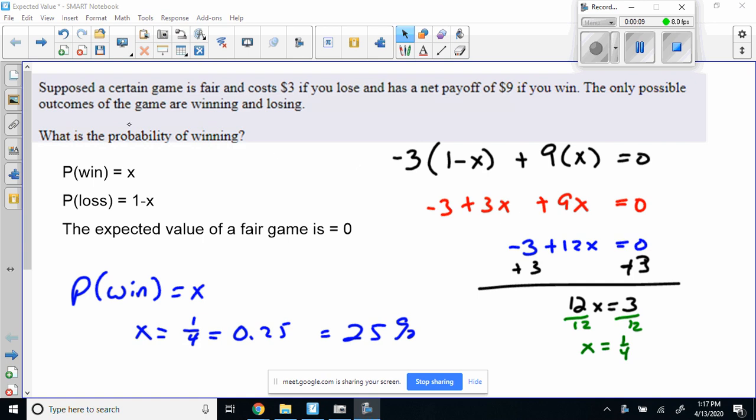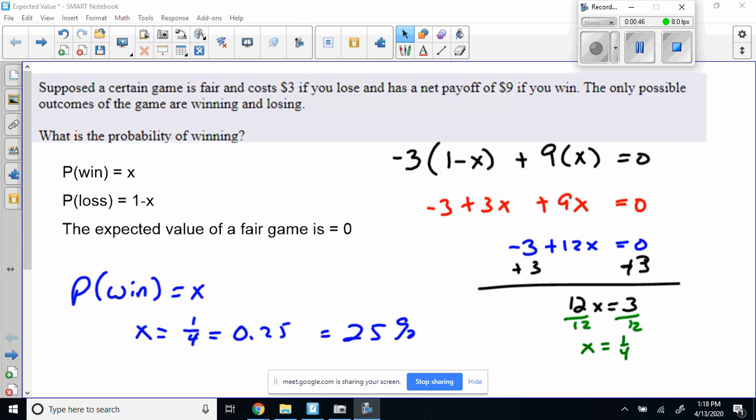The first problem that we're looking at is this: suppose a certain game is fair. That's a key word, and we'll come back to that. It costs $3 if you lose and has a net payoff of $9 if you win. The only possible outcomes of the game are winning and losing. That's it. You either win or you lose. So what's the probability of winning? Well, the probability of winning we will make as x. So that means that the probability of losing would be 1 minus x, seeing as 1 is 100%